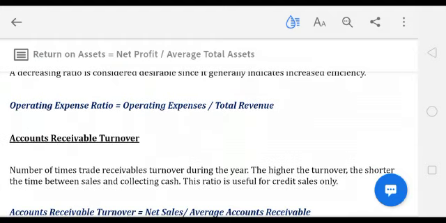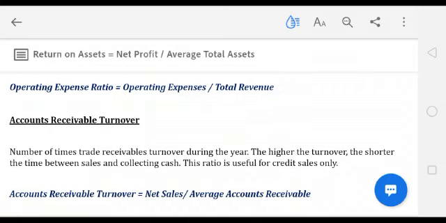Now the next one, which is very important, is accounts receivable turnover. Receivable turnover is an indication of the quality of trade receivables. This ratio measures improvement or deterioration in collection efforts. Usually, this should not exceed 3 months. However, the evaluation is made in the context of the entity's credit policy.